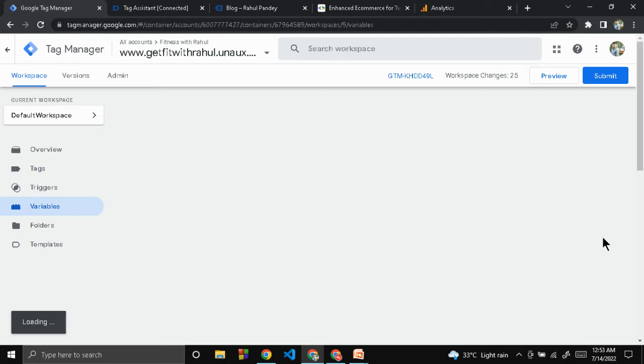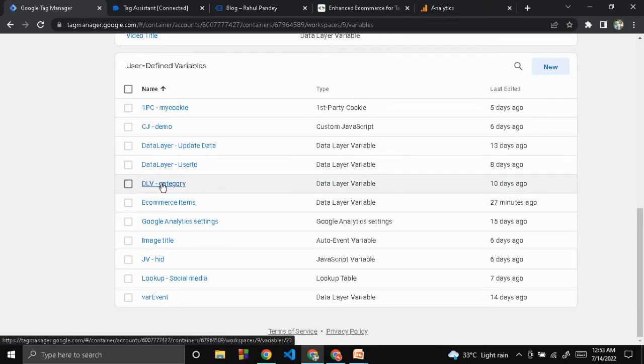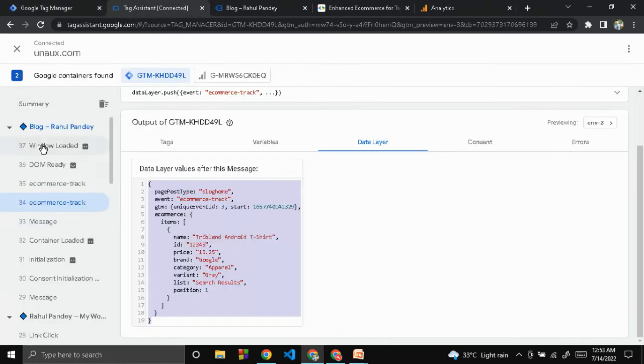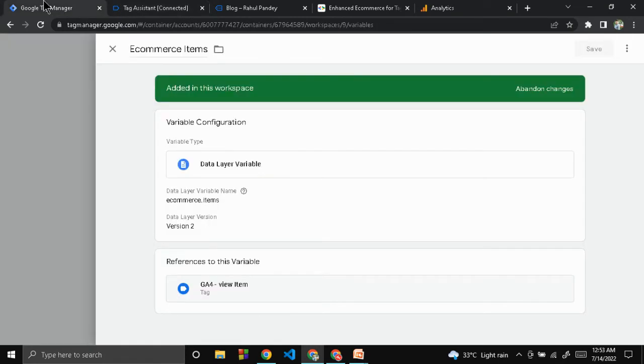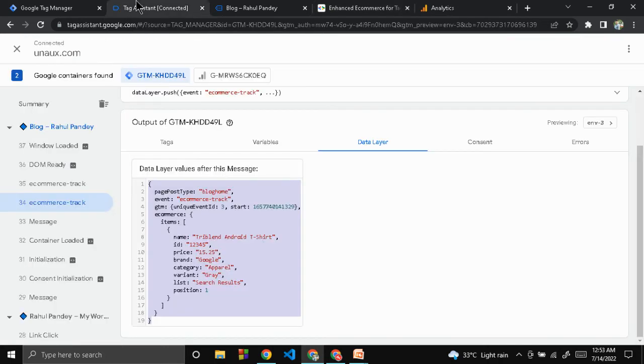So we'll be creating a data layer variable, and here it is, e-commerce variable. Its type is data layer variable, and we have named it after this e-commerce dot. Oh, sorry, e-commerce dot item. This was from here, like e-commerce. Inside this, we renamed impressions to items, so that is why e-commerce dot items. So it will access